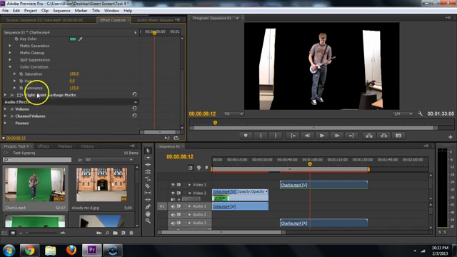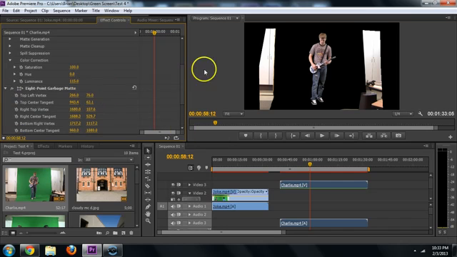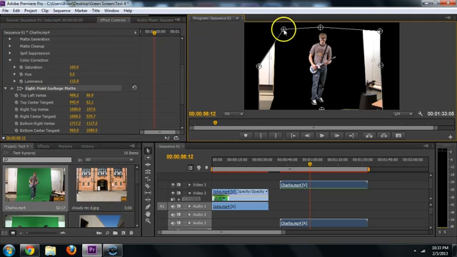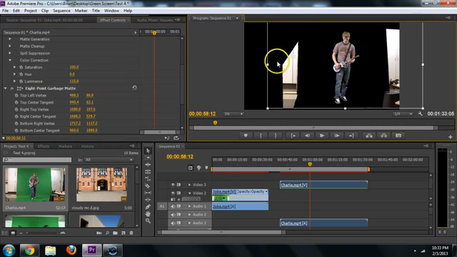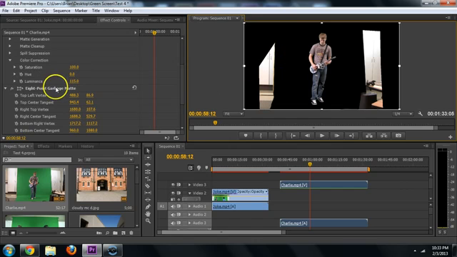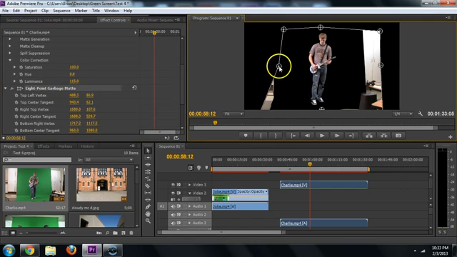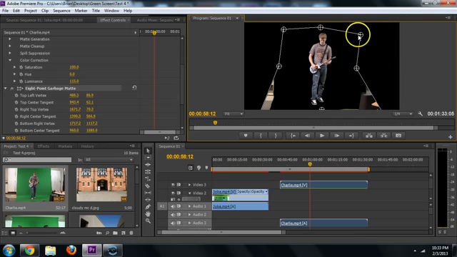Alright, and it's not actually right, so I'm going to have to go through there and grab those points again. And again, if I click on it right there, I can just drag these in a little quicker. Oops, I don't want to actually move him, I just want to move the garbage points. Alright, and I can't see the one that's off camera here. So the way I'm going to grab that one is that would be the lower left or bottom